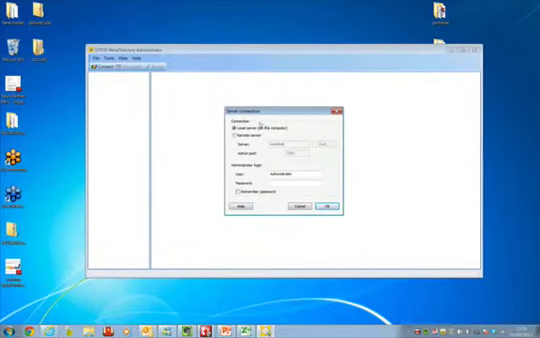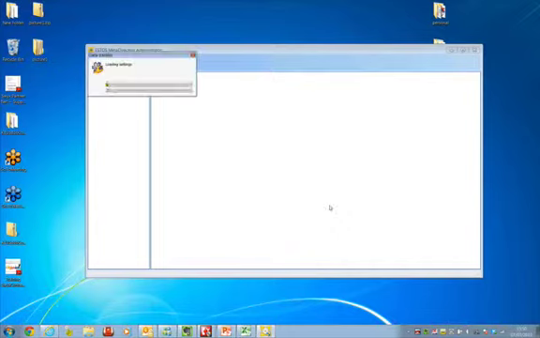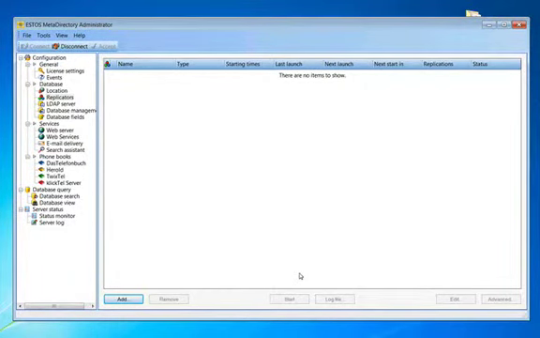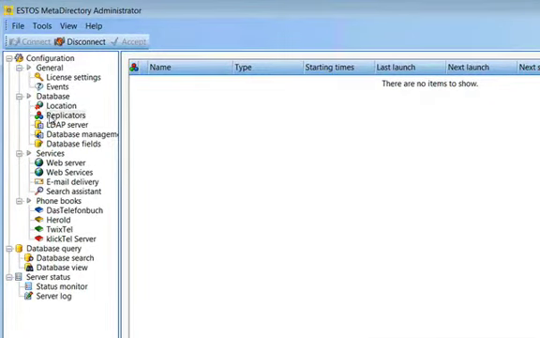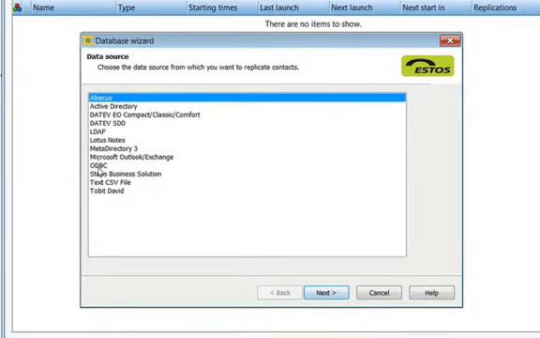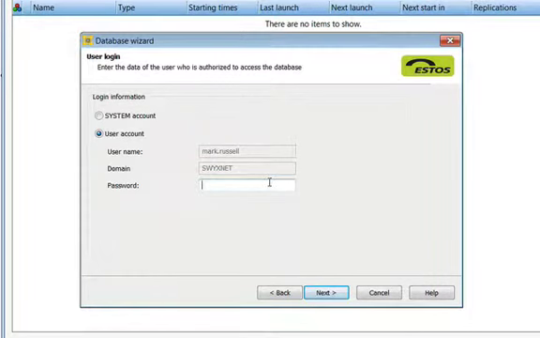Now we're going to connect to the one running on this machine, and I didn't set up a username and password on this one. We're running default, so local server, okay. And here is our administration console for Estos. Okay, what we need to do now is connect to our database, our data source, in this case the Excel spreadsheet, and that's done via an ODBC connection. So we go to the replicators section on the left hand side. We use an import replicator using ODBC, and our user account,